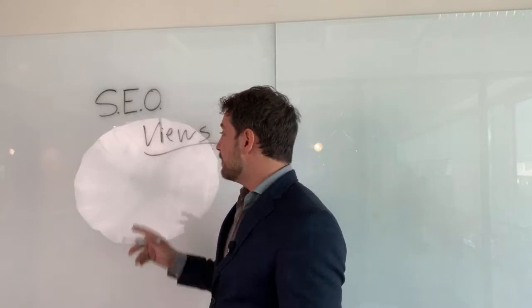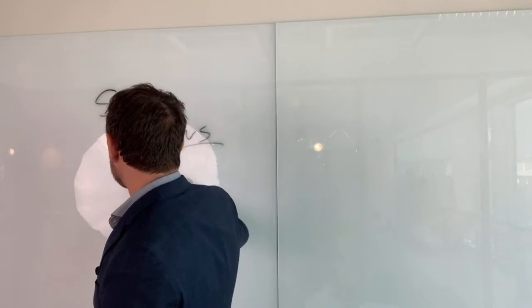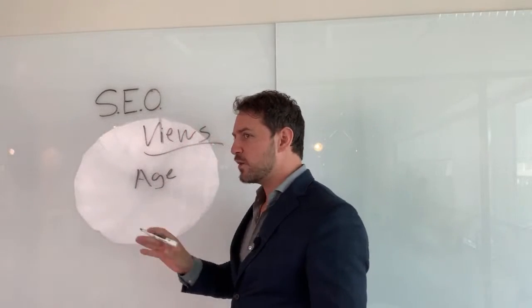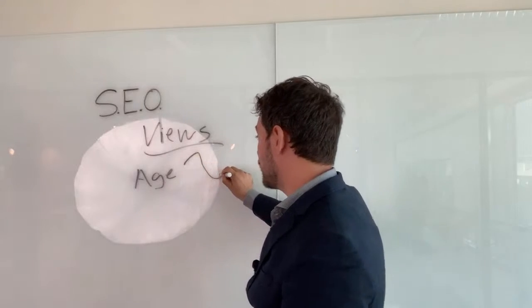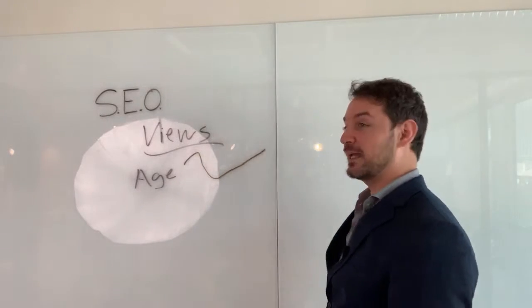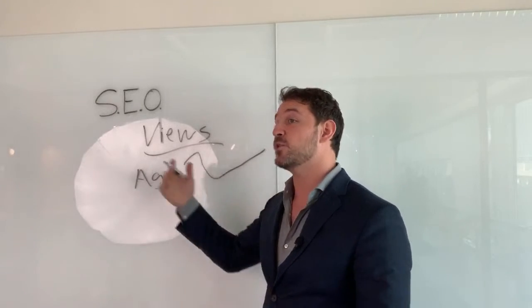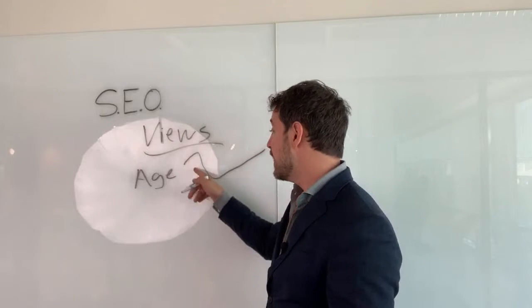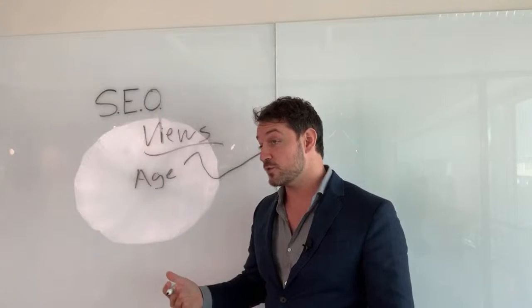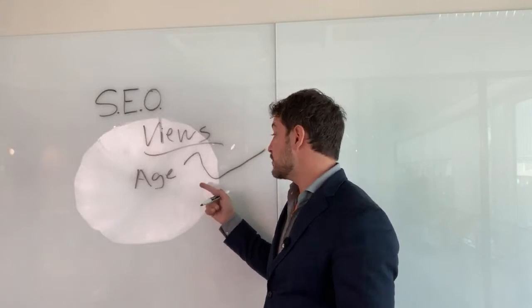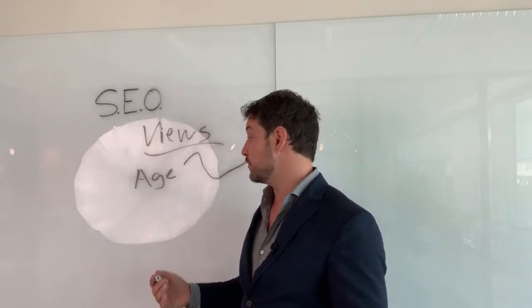So what's cool about this is Airbnb helps you get more views by looking at the age of your listing. There's kind of a weird gap here. You get a boost when you're new, and then your listing kind of goes through this credit score like chart. You get an initial boost on your listing age to get more views immediately, to help you get the views that help you recur on the first page. But then when your listing is only 4, 5, 6, 7 months old, if you don't have a lot of reviews, it affects your ranking based on age. And so how the age influences your listing's ranking is you'll compile more reviews,